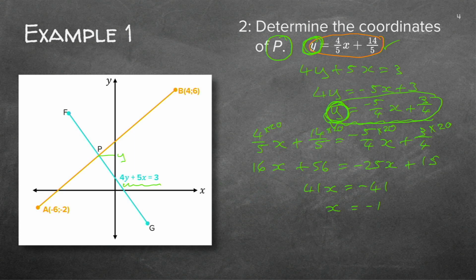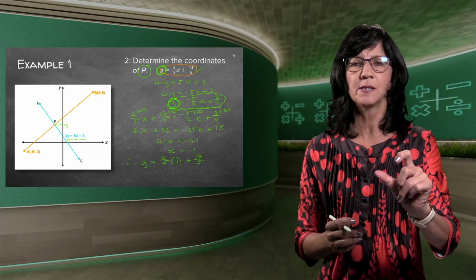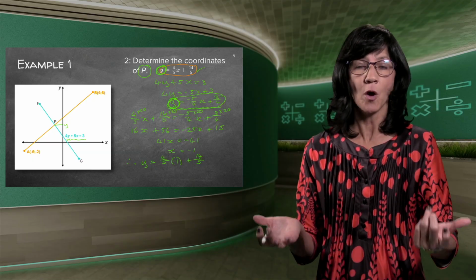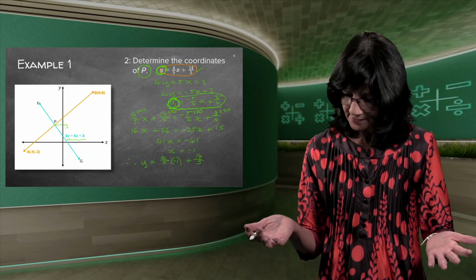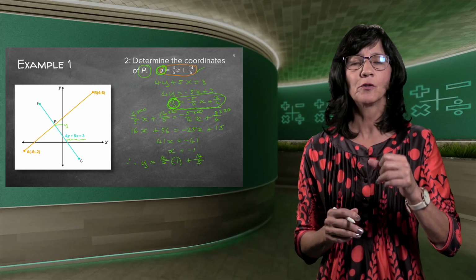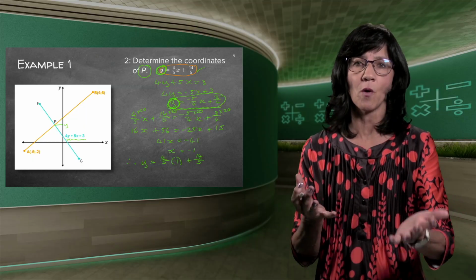Now you can pick whichever equation is easiest. Actually, in this case, they're both full of fractions. So I'm just going to pick the first one without any minuses in. And I'm going to say 4/5 x plus 14 over 5. And because I found the x now, I can make it minus 1. Just remember to always pick the easiest point. If you've got an option, pick the one without minuses. And remember, if they ask you to find a point, they want an x and a y value.